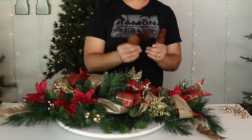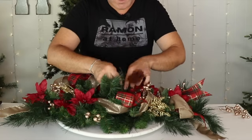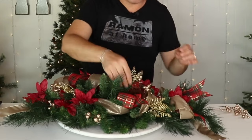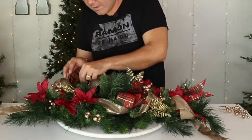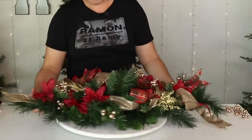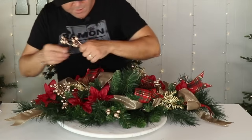And I also have some pine cones that I had from past projects. So what I'm going to do is add this pine cone right here. I'm just gonna twist that wire that it comes with, and then I'm going to go the opposite way and do the exact same thing, lifting my ribbon and just putting that bristle through. So far so good. I have a few left over of these, so I'm gonna go ahead and add those